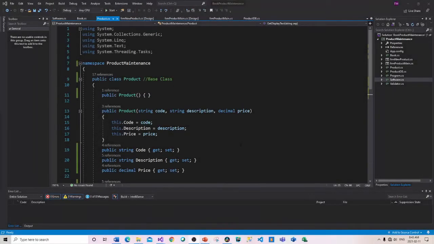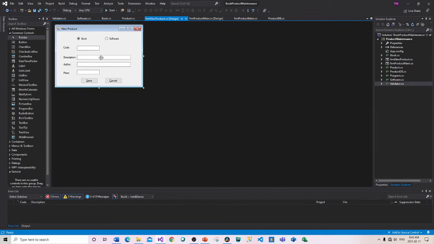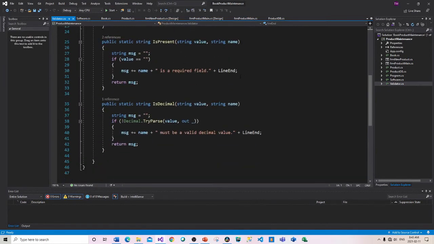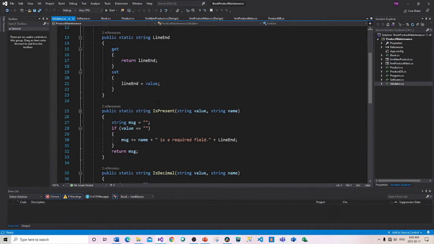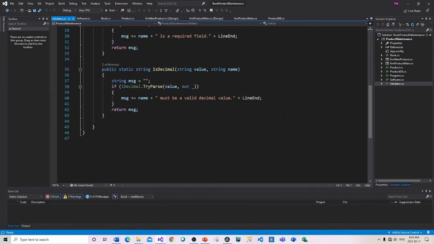Next thing I want to do is talk about the validator. Okay, because if we go back to our actual form, we're validating what's happening inside these other boxes. But we now have to go and address it within author. So if I go to validator, you can see that I'm only actually validating is present, which is addressing some text, some end-line stuff, some decimal stuff. So there's not a lot going on in there, but where I do need to call that is in another